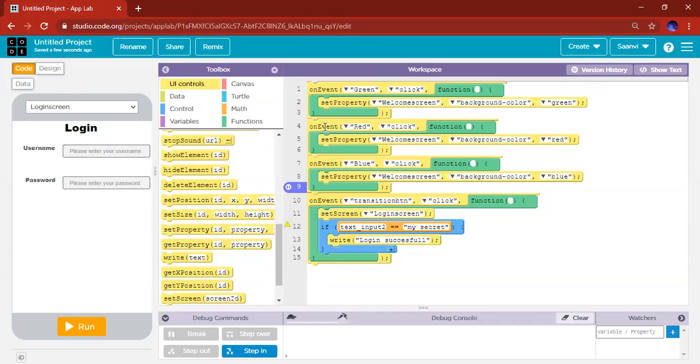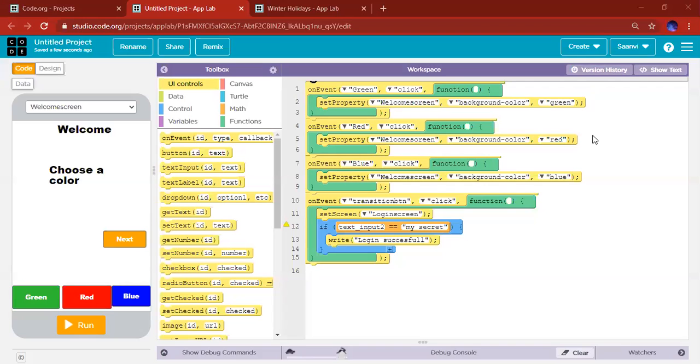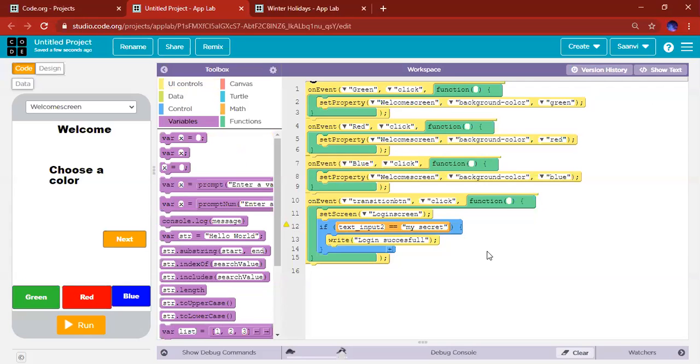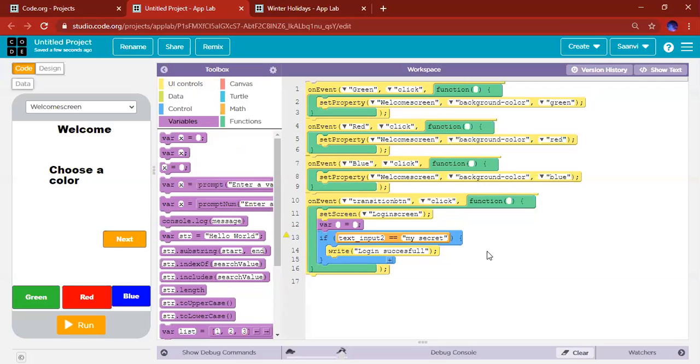Okay, then we can run it and see what happens. Okay, so this is there because we did include a variable. So go to variables, drag out a variable right over here, and we're going to enter this. So var text_input_2 equals